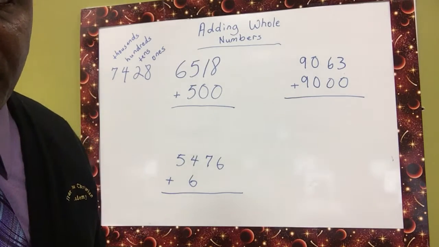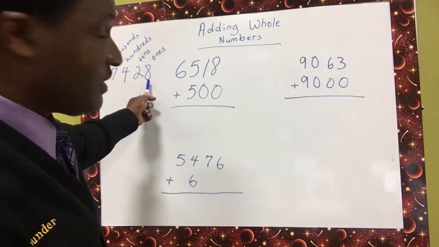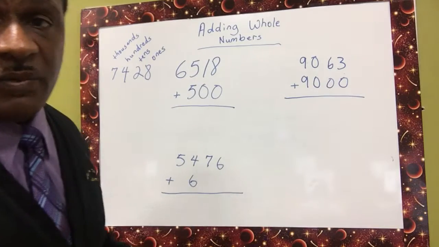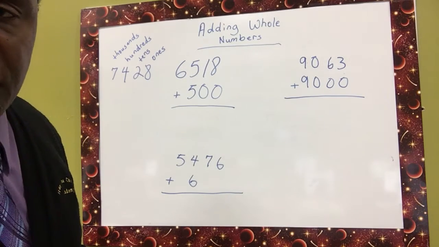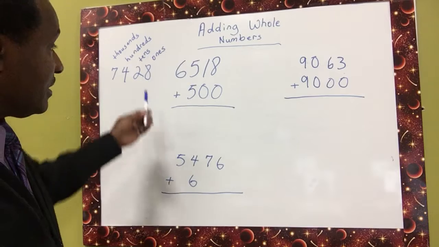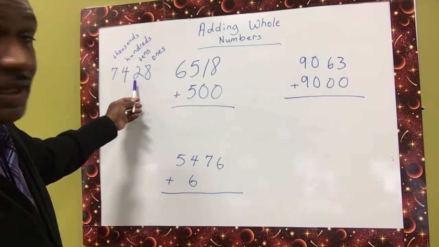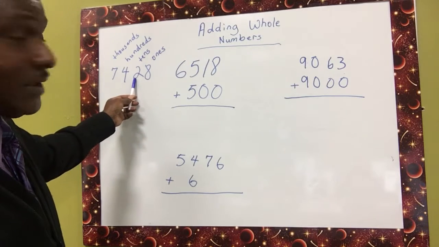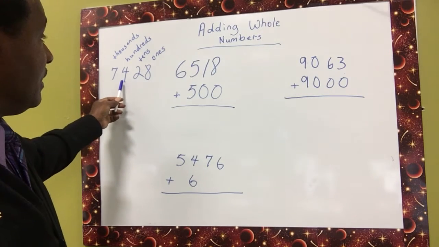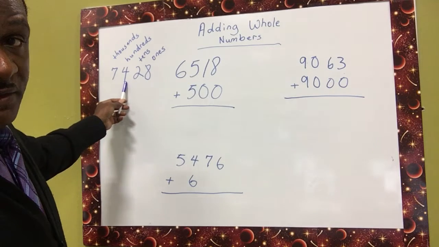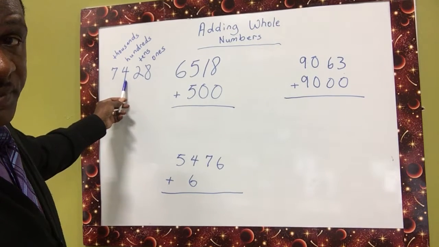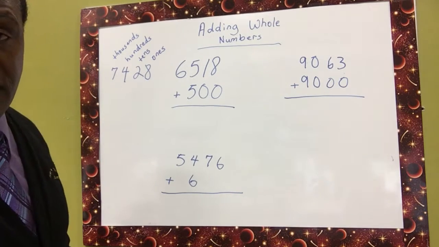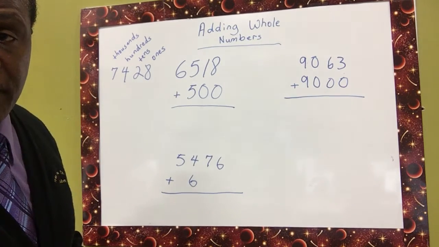If the number, for instance, is in the ones digit, or the first place, what we would call the ones digit here, that number would only have a value of just 8 ones. In this case, this is 8 ones. And then in the tens place, this would have a value of 2 tens, would be 20. And in the hundreds place, this would have a value of 4 hundreds, which would be 400. And then in the thousands place, we have a 7 in the thousands place, so we would have a value